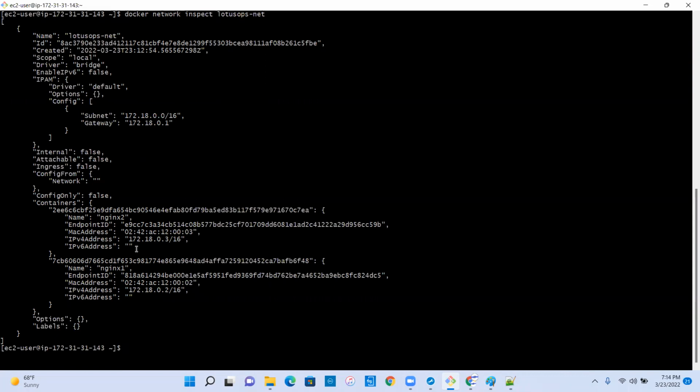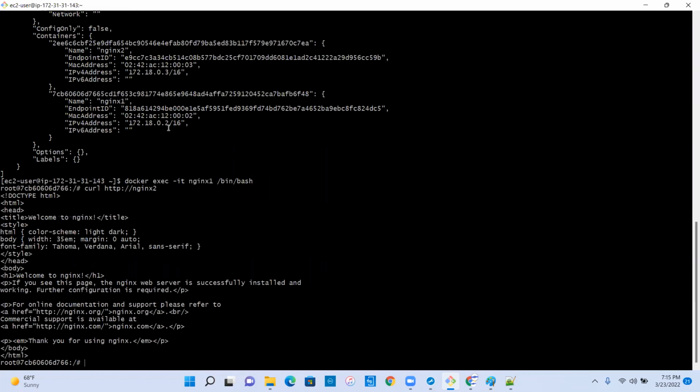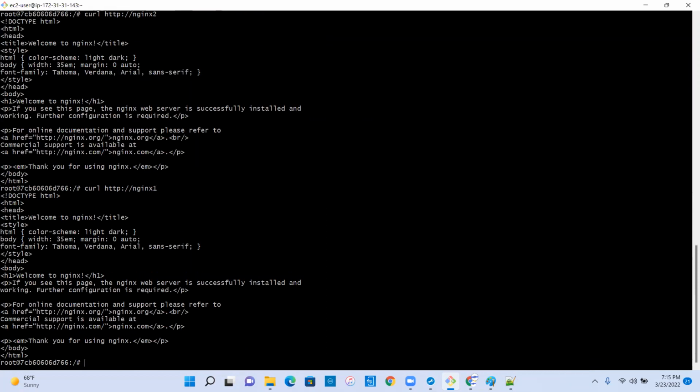Okay. Now, what I will do is I will exec into nginx1 and try to ping or curl to nginx2. docker exec -it nginx1 /bin/bash. And then do a curl nginx2. Well, it's 80, so I don't have to do anything. See this? They're able to talk using the